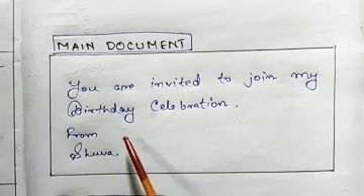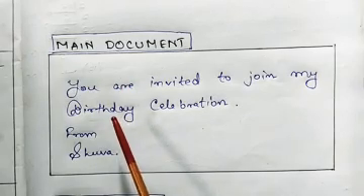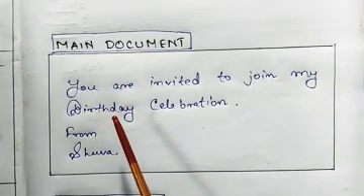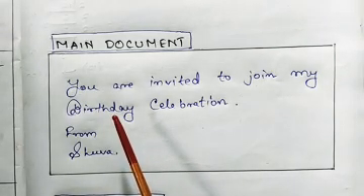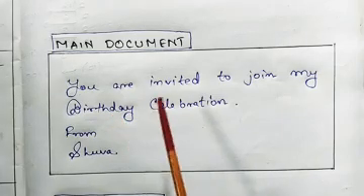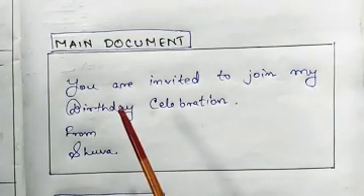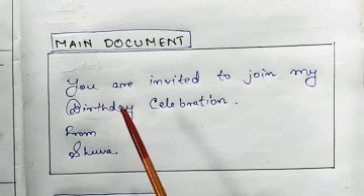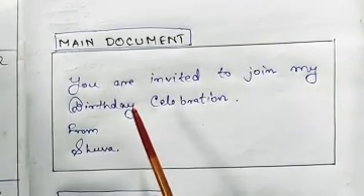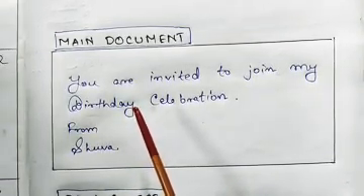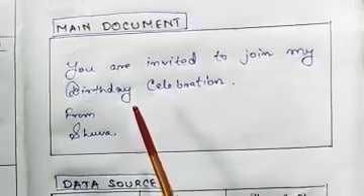So whatever is the constant part in our letter, only that will be contained in the main document. And the other things that vary, the variable things, are the name and address of the recipient, to whom we are going to send the letter. They are called the recipients of the letter, and I am the sender. They are variable because if I am going to send to more than one person, their names will vary. So those names and addresses of the people or friends I am going to send to are written in a separate list called the data source.